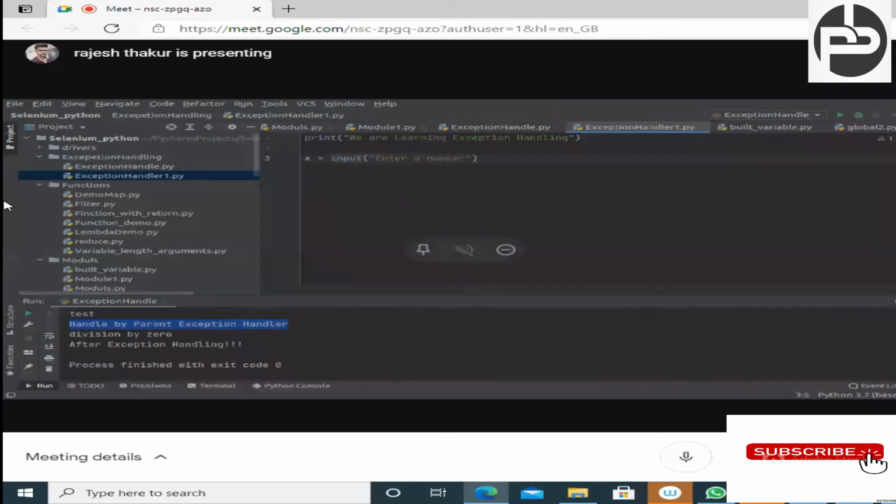Yes. So the input function will return a string value, and your job is to convert the string into a number. And here we are passing int.